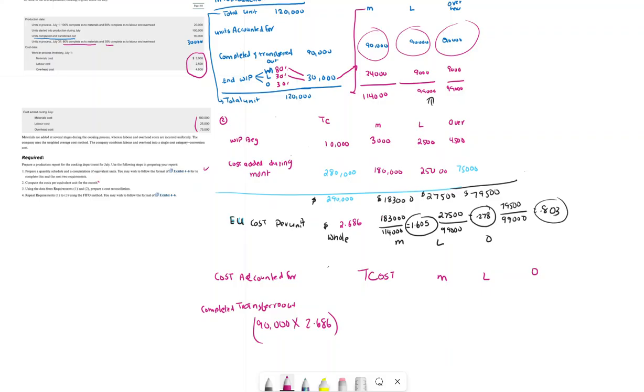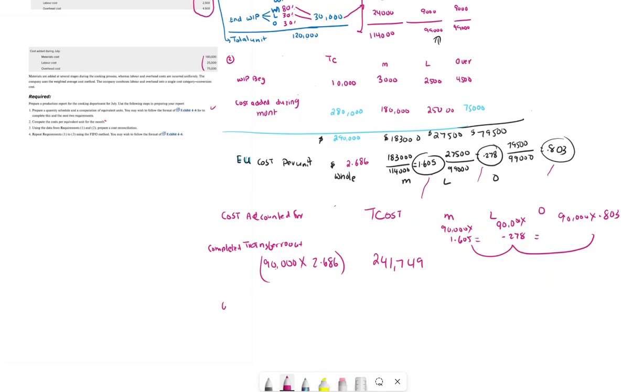So you could do 90 times the 1.06, 1.278, or 0.83. Either way, you'll get the same answer. My answer is 241,749. Or you could do 90,000 multiplied by $605, 90,000 multiplied by the cost of labor per equivalent unit, and 90,000 multiplied by 0.803. If I add these three numbers, I will come up with